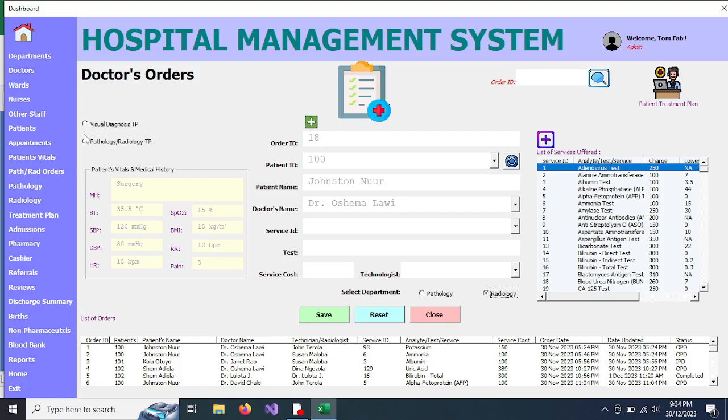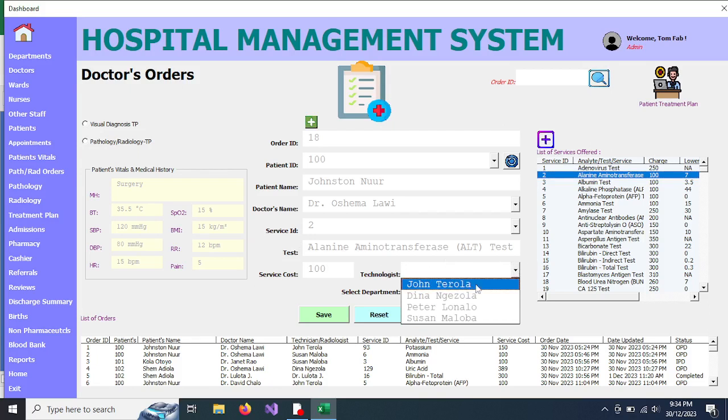Let's say we are now doing the testing, the pathology and radiology. So coming here, we select pathology. Okay. All right. Then we put the service ID. And remember, you simply select the service ID from here. So we can select, and then you can see the service ID, the test, and the cost. Technologists will be able to reflect here, right? Then you save. So once you save, all those details will be captured and we'll have it in the record,